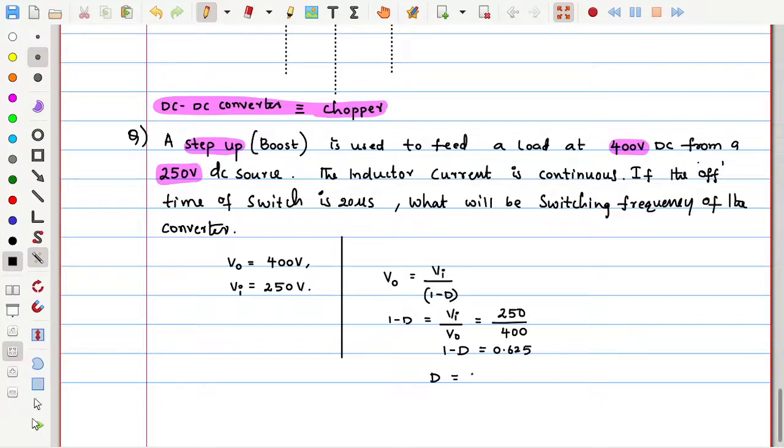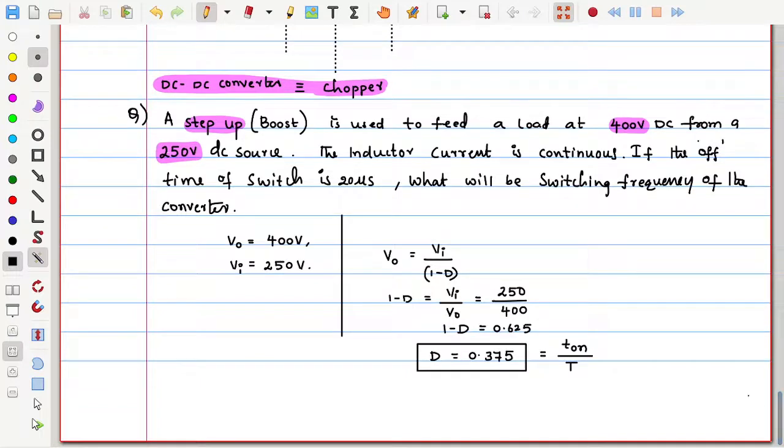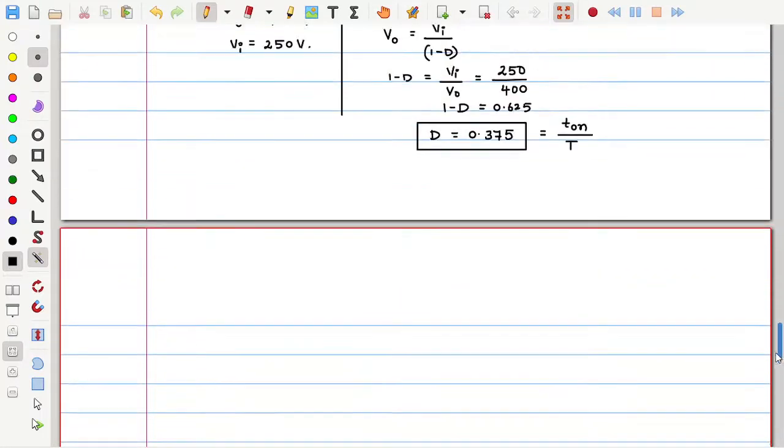0.625. 0.375 is the duty ratio. But what is duty ratio exactly? It can be written as T on by capital T. This can also be written in other forms like this. Duty ratio is equal to T on by capital T, which can also be written as T minus T off